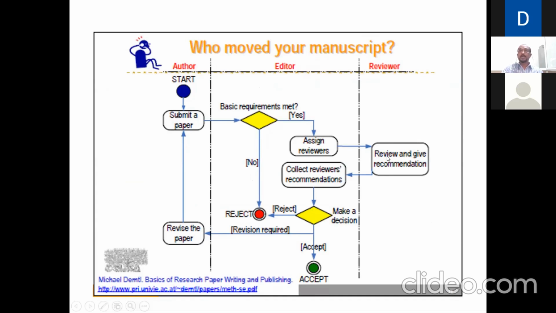they can assign the reviewer. After the review, the reviewer will give 3 types of comments: minor revision, major revision and resubmit, and reject. If it is rejected, once after review your paper is rejected, you should not submit the paper again to the same journal. You can go to another journal by incorporating the reviewer comments and answering them, right? This is the process in journal publication: author, editor, and reviewer, and finally the publication, right?